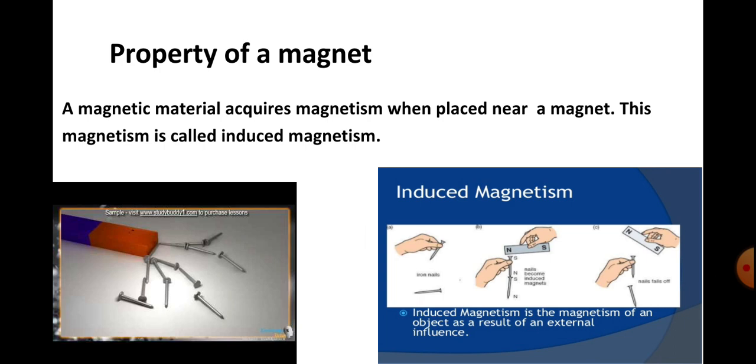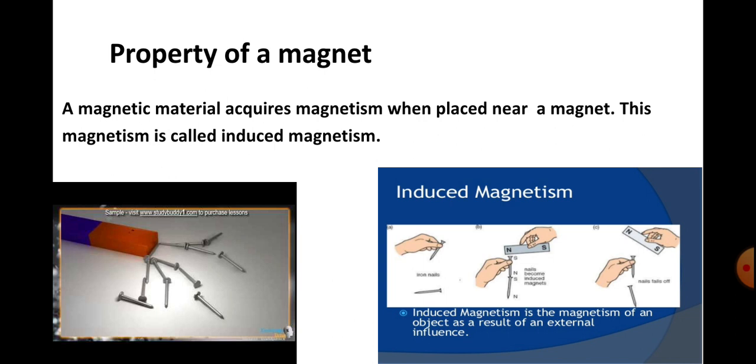In the previous video we learned about the characteristics of a magnet, magnetism, and the history of the magnet. Here we will see some more characteristics of a magnet. The first characteristic that we learned in the previous video is that a magnet always settles in the north-south direction. The end of a magnet that points to the north is called the north pole, while the end that points to the south is called the south pole.